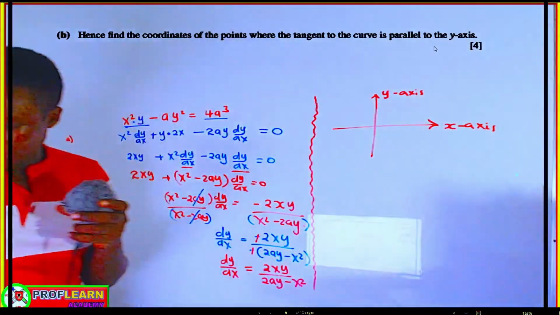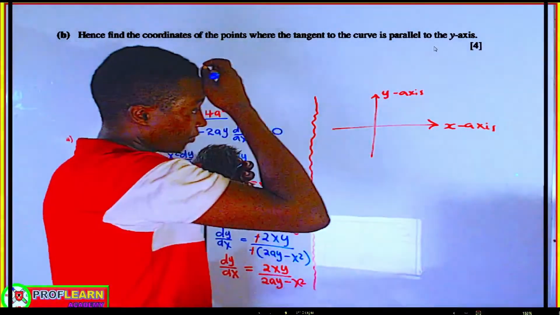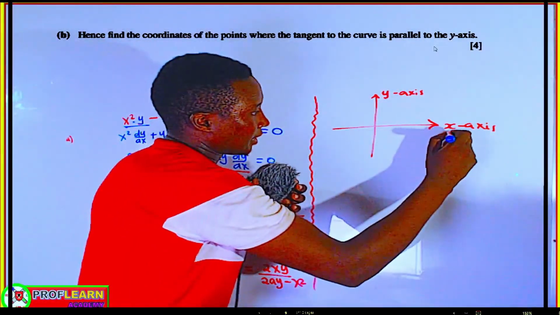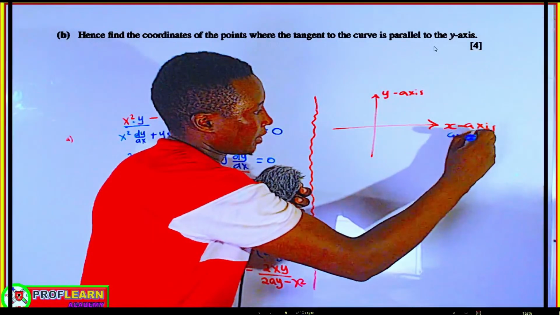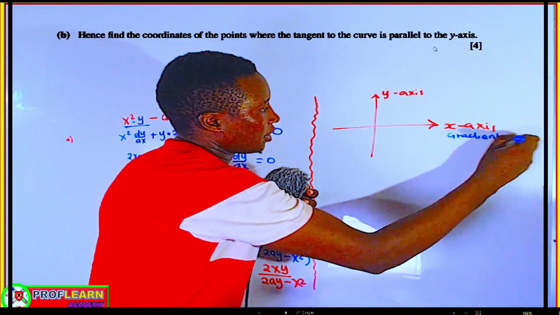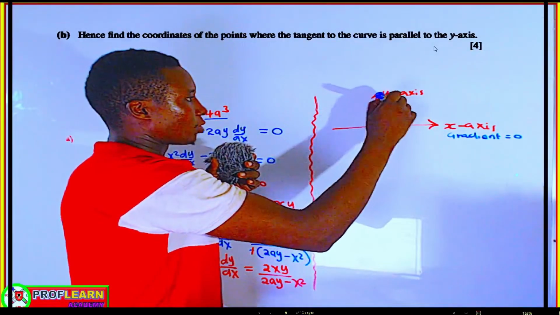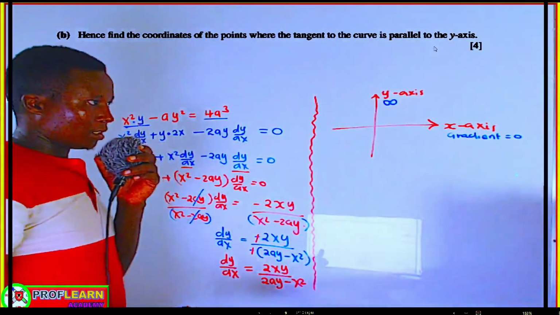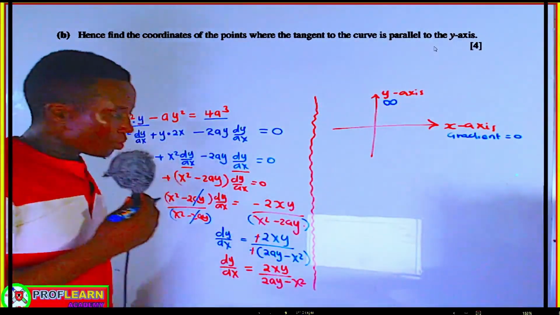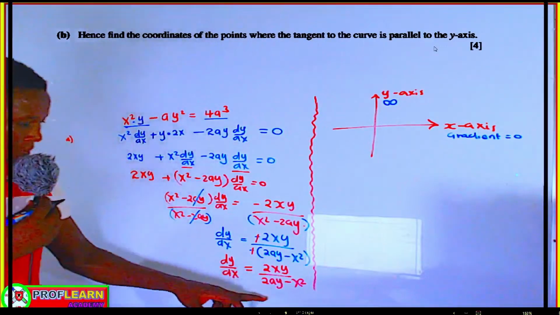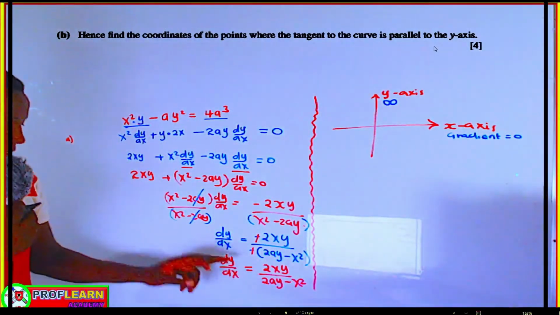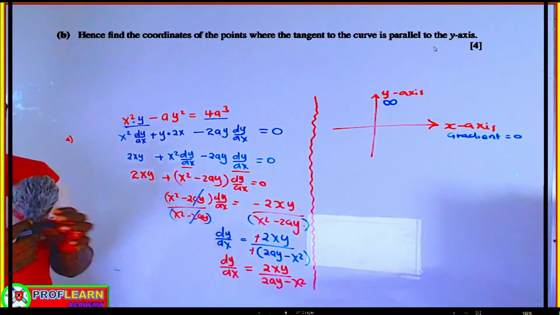What you need to remember with this kind of question, x-axis has gradient equal to 0, and the gradient of the y-axis actually is infinity. So it means whatever you are being told here is that the gradient of the function, because we are talking of